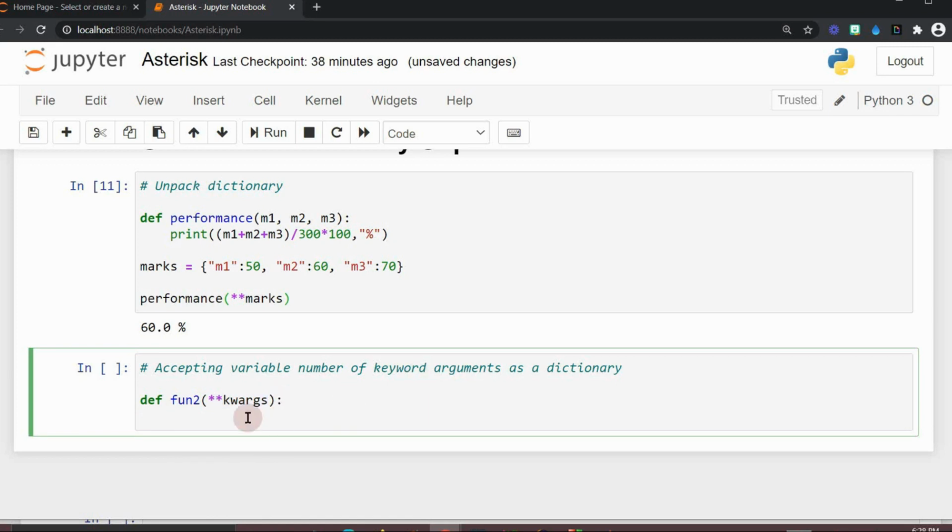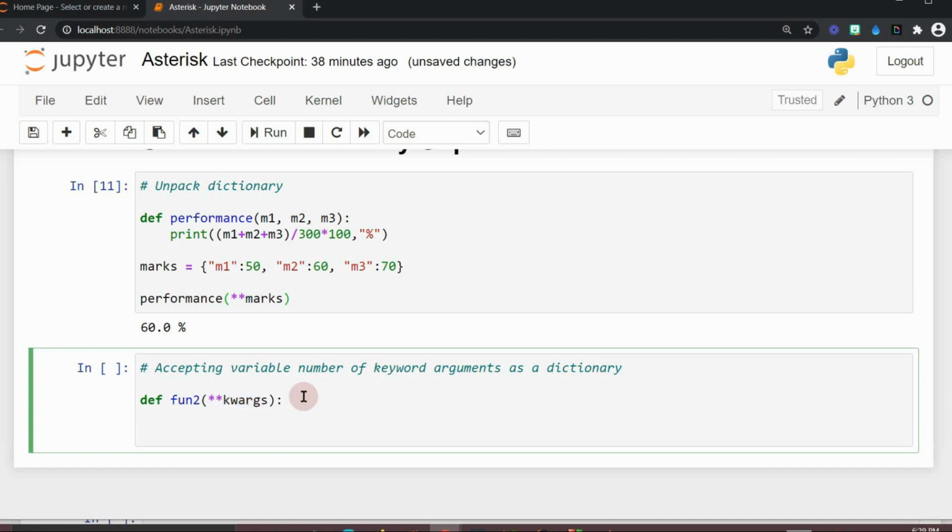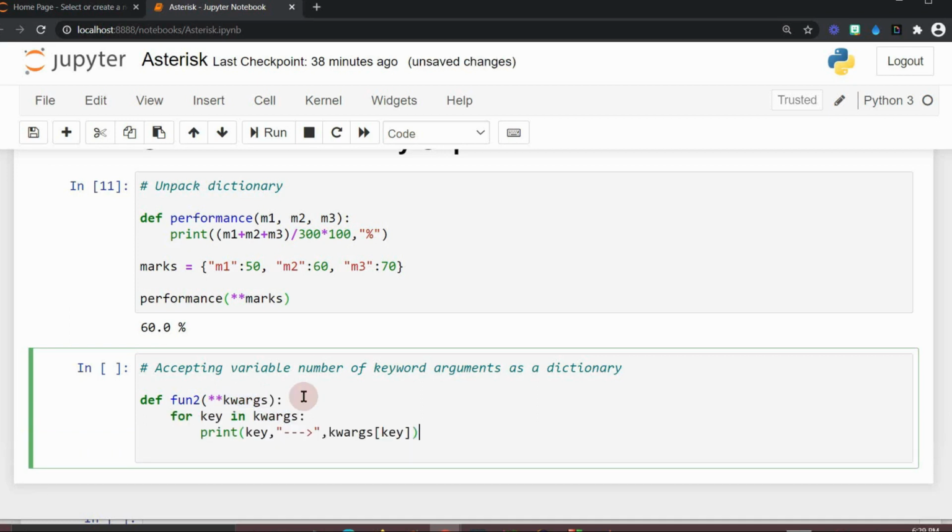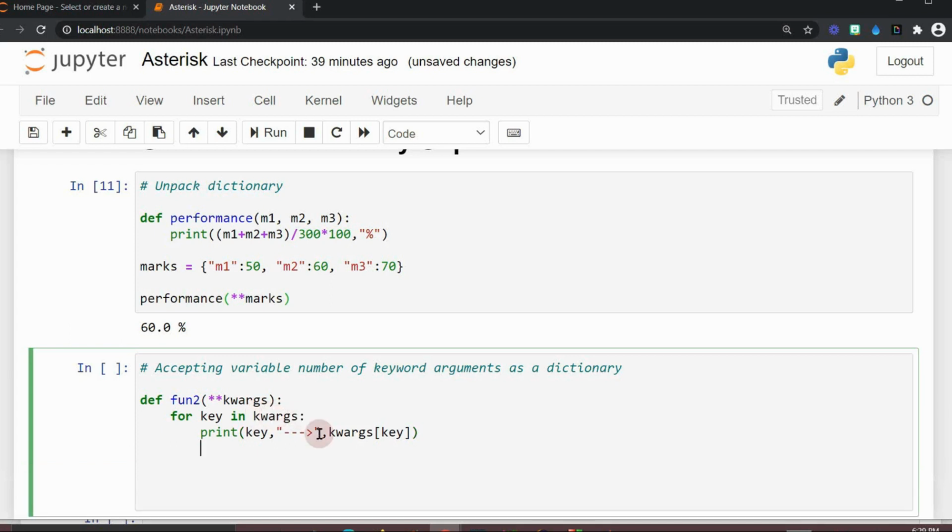That means this function will accept keyword arguments as actual parameters and convert those keyword arguments into a dictionary that can be used within the function. Then I am using a for loop to display the keys as well as the corresponding values available in that dictionary of keyword arguments. Now I am calling this function fun2 with 3 keyword arguments.